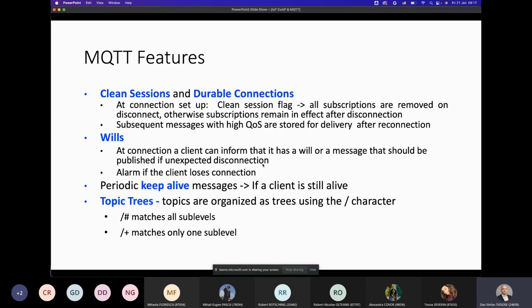You have periodic keep alive messages to check if a client is still alive, and this works in connection with this will scheme. And you have topic trees, topics that are organized as trees using the / character. You have these wildcards: hashtag matches all sublevels, plus matches only one sublevel in the scheme.